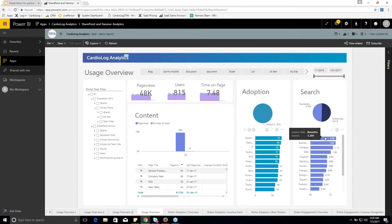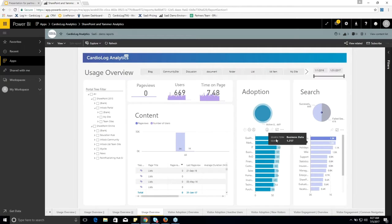Now, if we actually go ahead and click on benefits, we're going to see our report change. So now we can see that benefits was searched by 669 out of our 850 active users. We can also see how many people in each user group searched the term benefits. So if we see, for example, quality assurance, 60 out of the 77 active users search